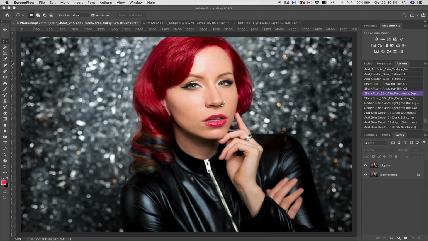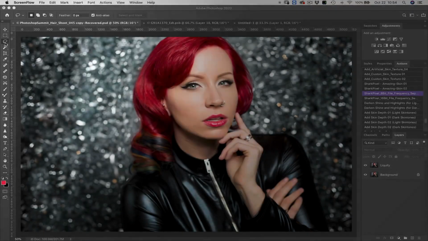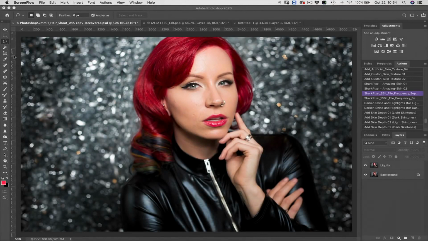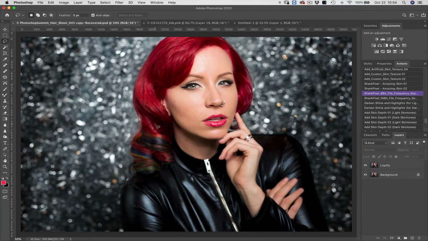So to start, let's go ahead and choose our lasso tool by choosing this guy, or you can hit L on your keyboard, L as in Larry, to activate your lasso tool. And what we want to do is make a loose selection around these curls. So I'm going to start up here, and then I'm going to come in here, and I'm just going to select these curls and a little bit of the background, and that's a pretty good